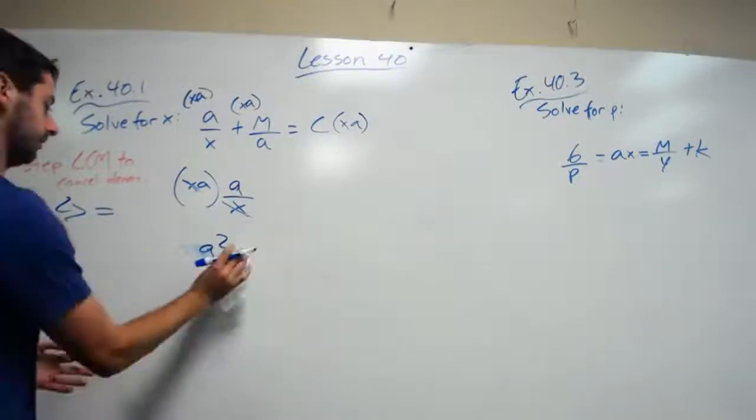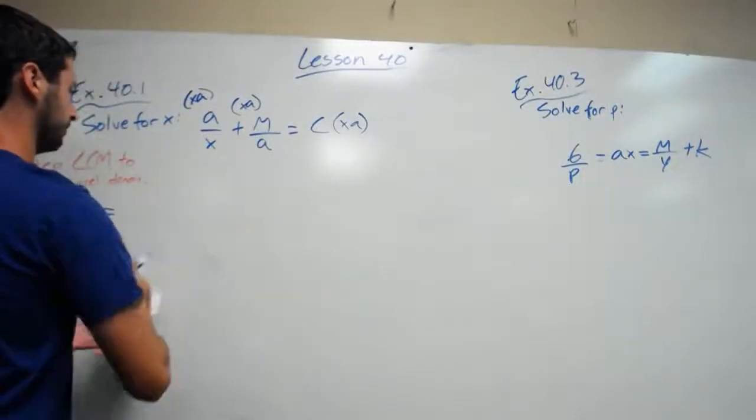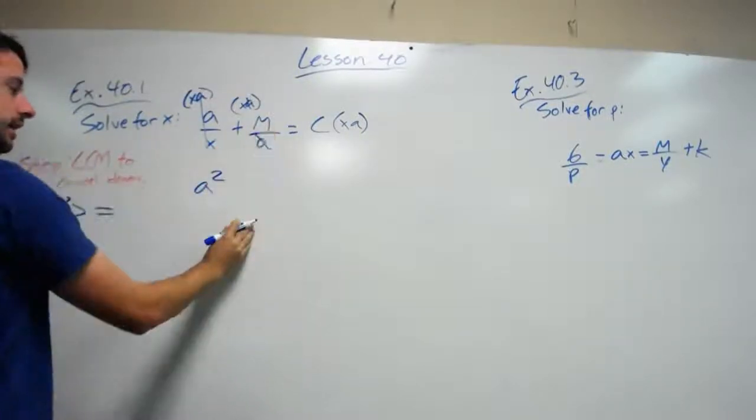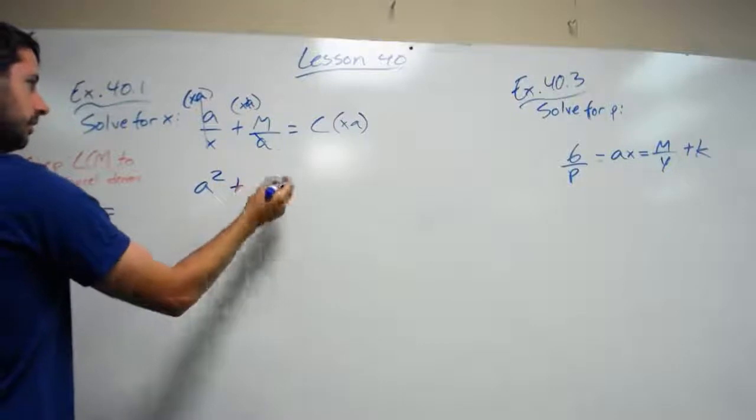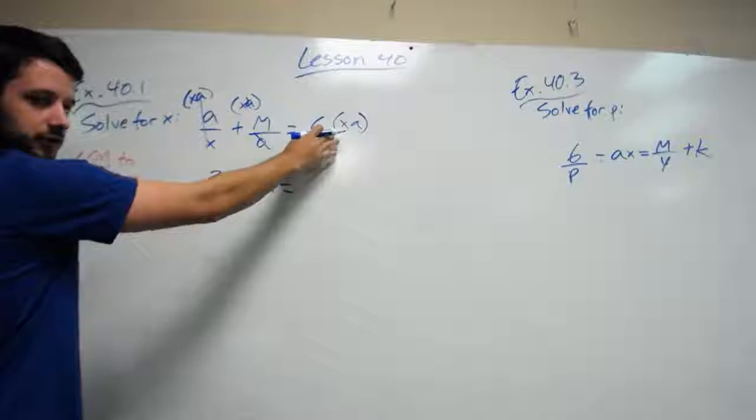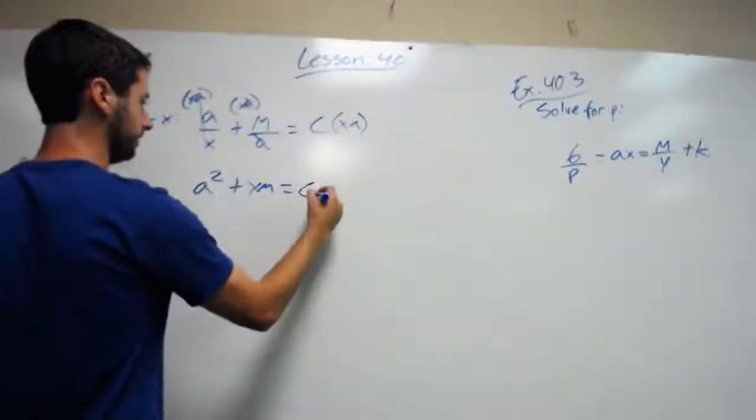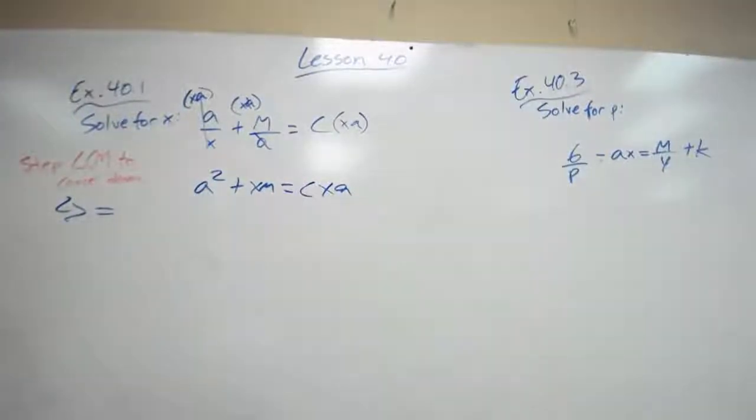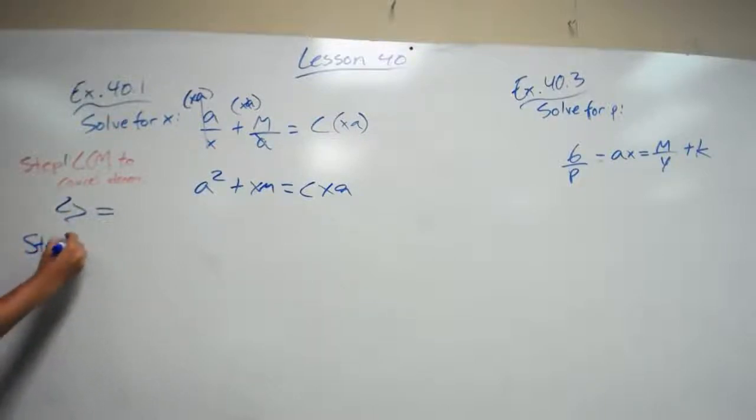So let's find the least common multiple of the other ones. So we got a squared there. The a's would cancel. So it'd be plus xm equals, and you do have to do it to every single one of them. So it would equal cxa. And we are solving for x. So the next thing we want to do, step 2, is get